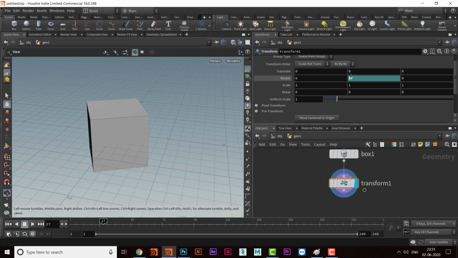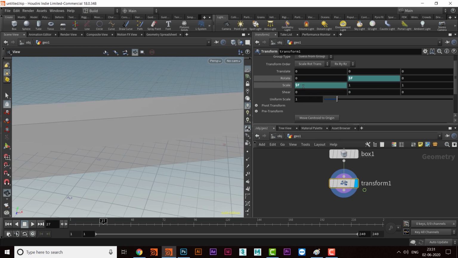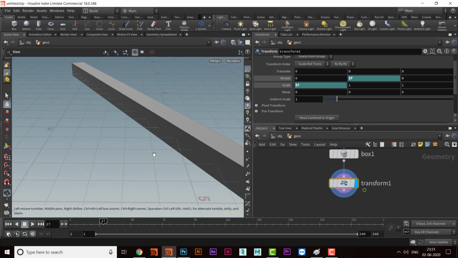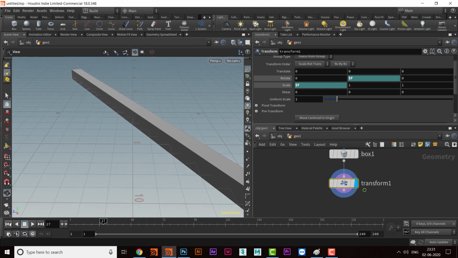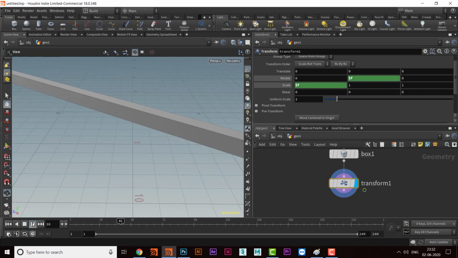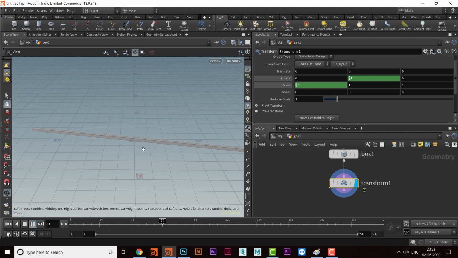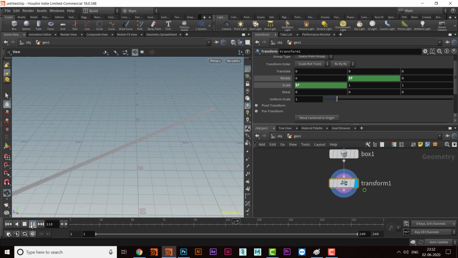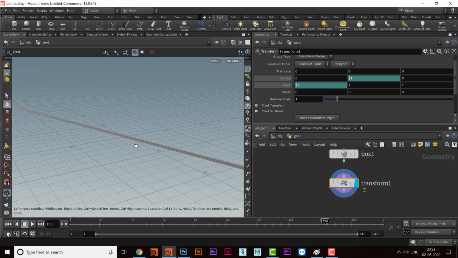In the same way we can use it anywhere. If we use it on scale, that is dollar $f and enter, it will increase as the frame increases. We can reduce or increase the speed of scaling depending upon our need.